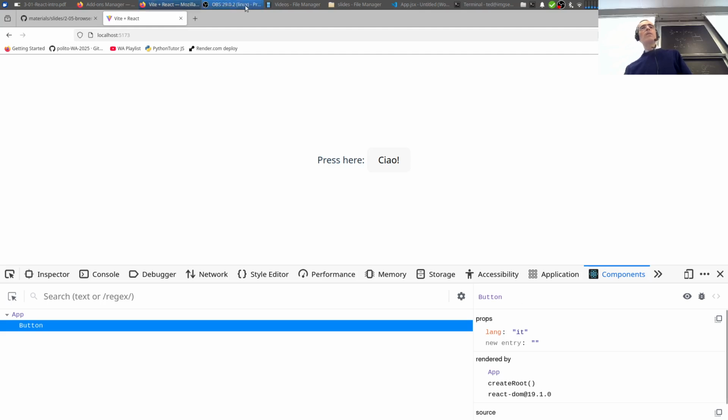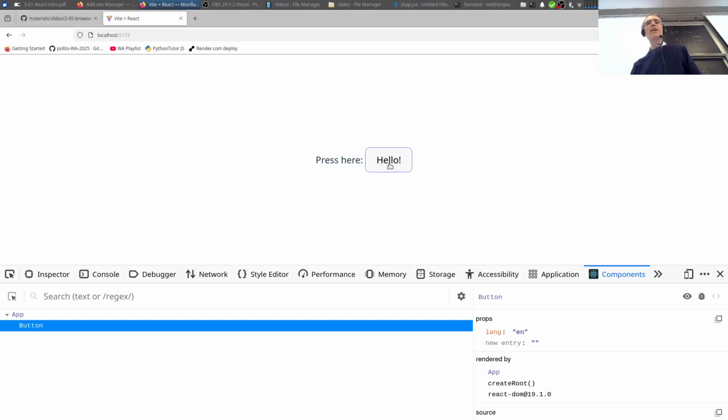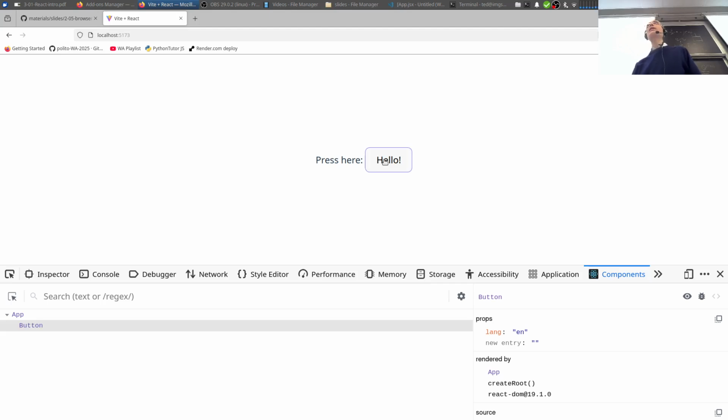Okay. Let's change it. Now we change the code, right? So we have no alternative. We don't have an event handler. We cannot click and we cannot do anything. And save. And you see hello here. And you see that the props is EN now. The value is EN. Okay? Of course, it's simply a button, and the button without an event handler does nothing. Right? But at least we have a